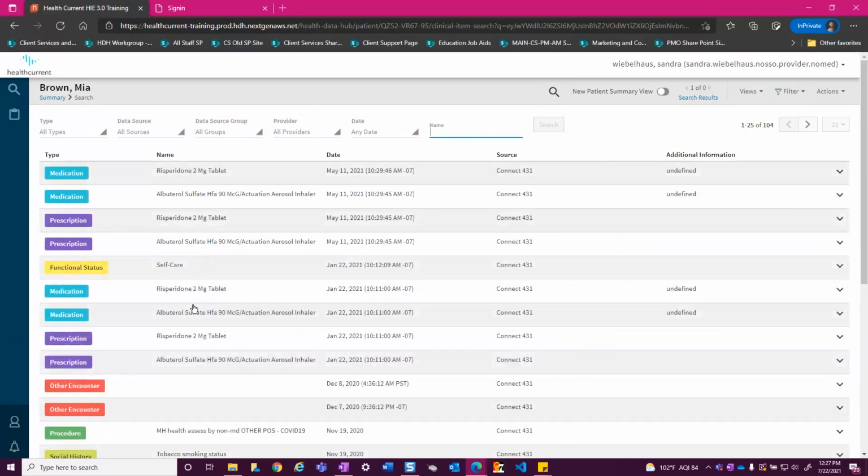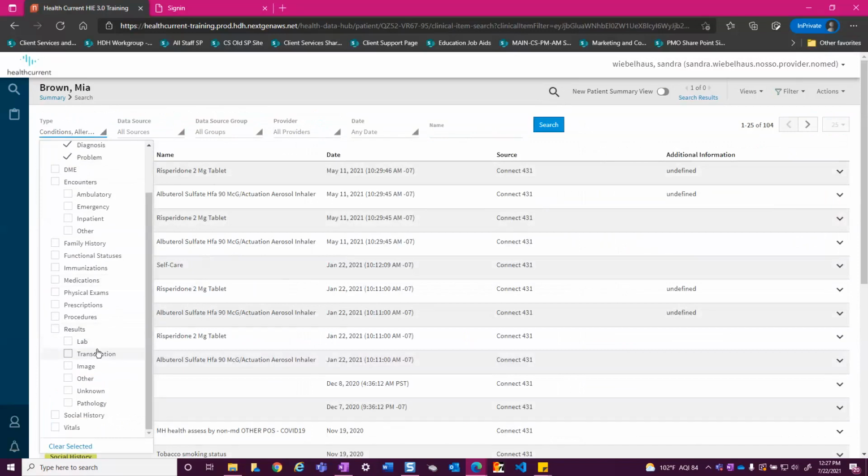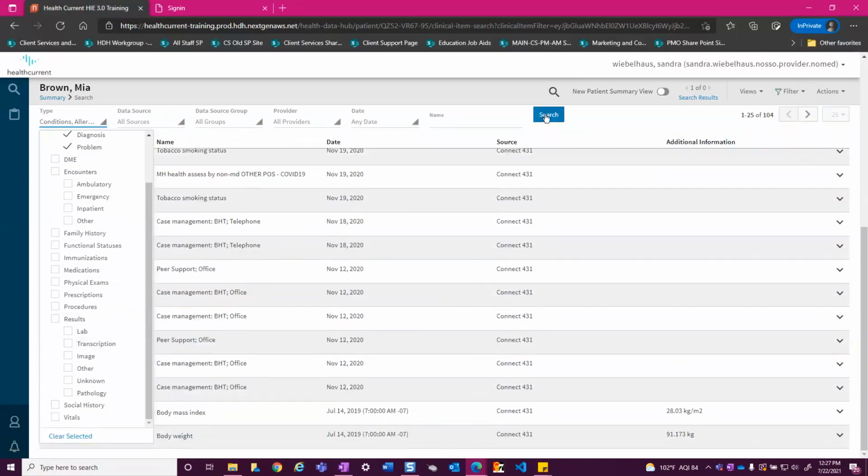And I'll show you how that works. This is going to make it very nice for the clinicians to laser focus on things that they're looking for. Let's just say, for example, you're only caring about this particular patient's conditions. Maybe you only want to look at allergies. You can click and select as many of these as you want, and then you click your search